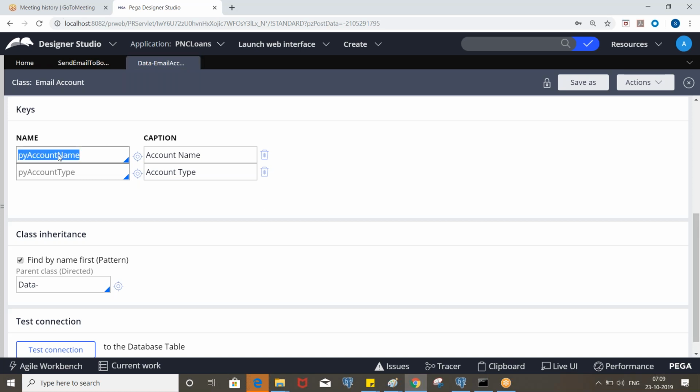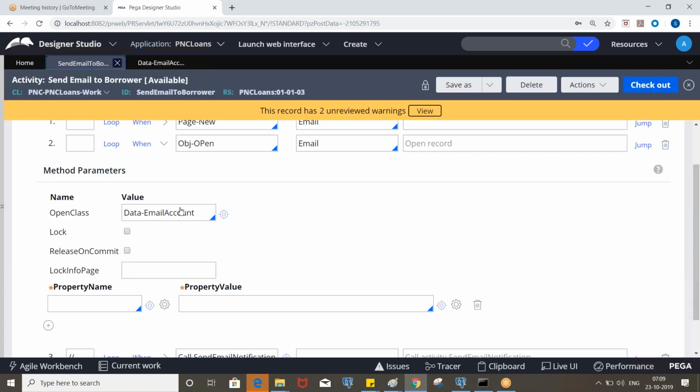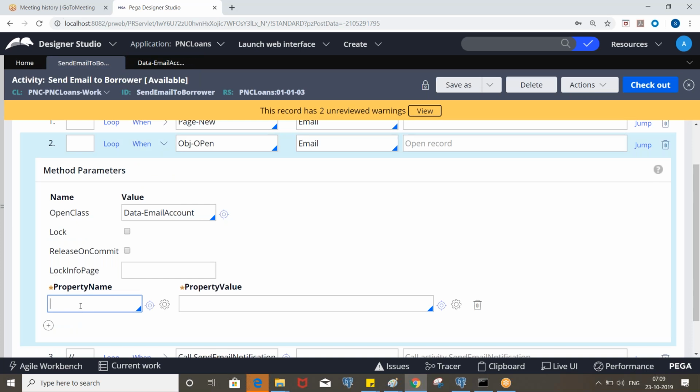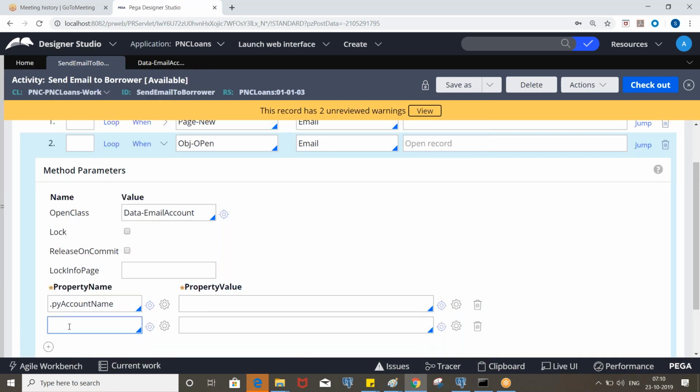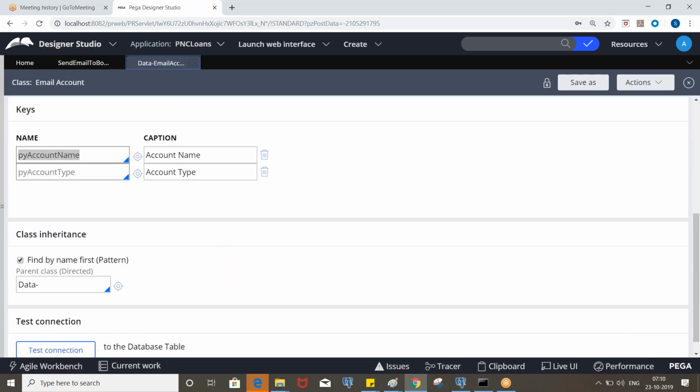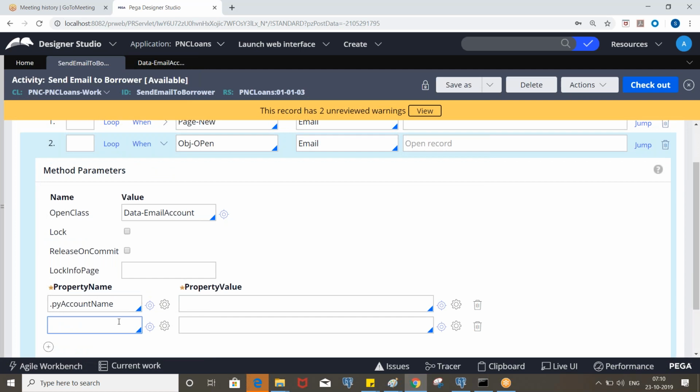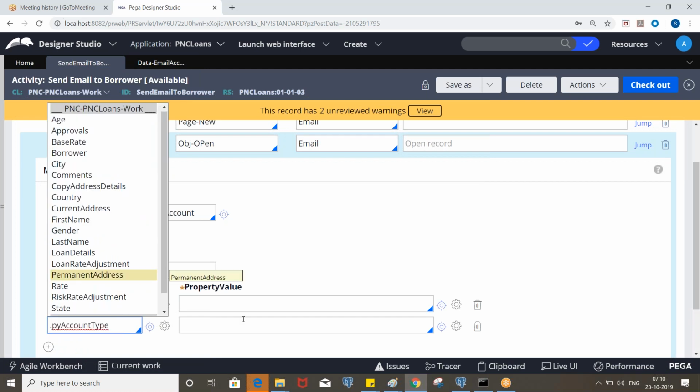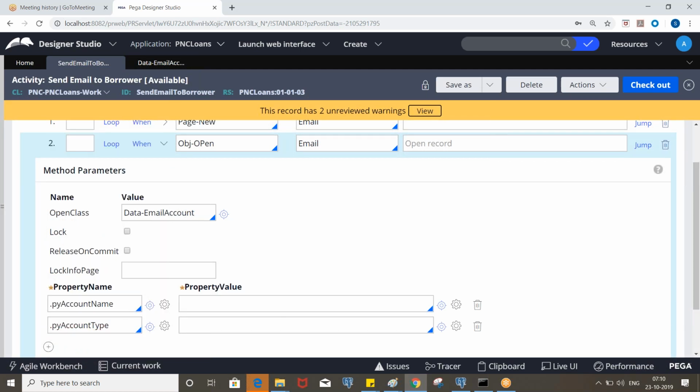We must pass the values for these properties, py account name and py account type, to open the corresponding account. So how can we know the account name and account type?